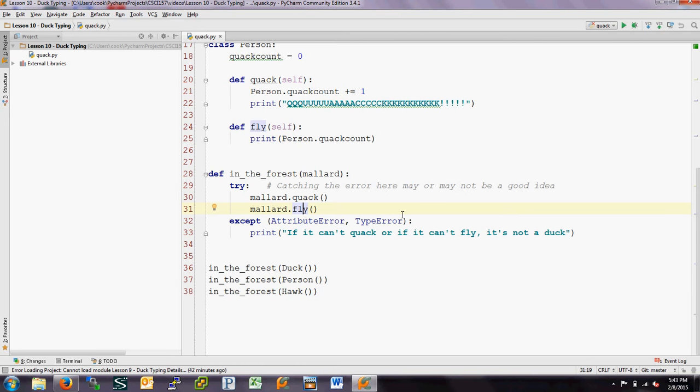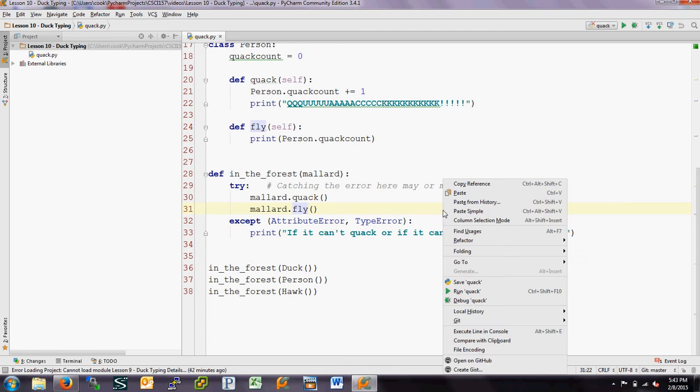So this is called duck typing. You check to see if something is the type you want, assume if it has the methods that you need to operate. Okay, so if we run this, then,